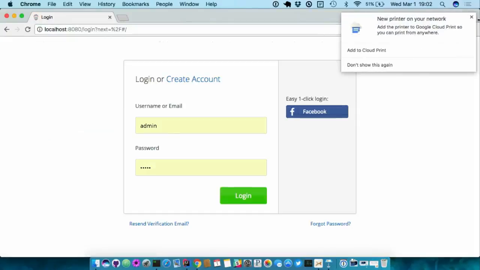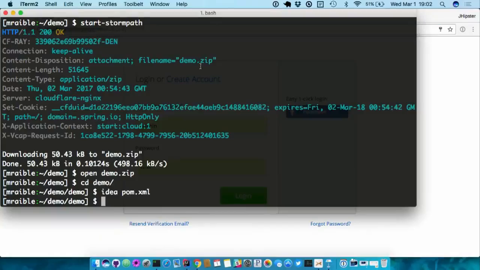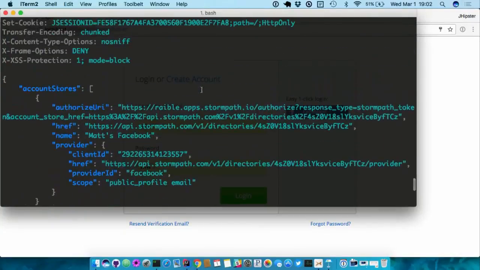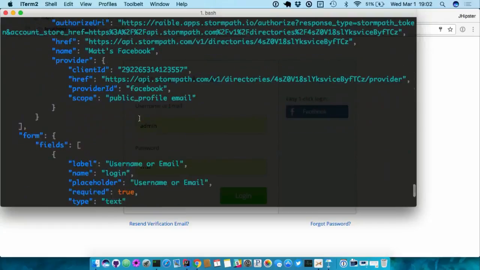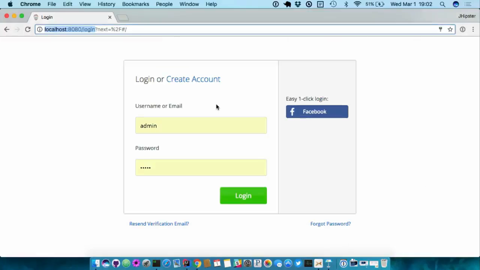So we provide Thymeleaf templates by default. So it locks everything down, and then it serves up HTML, right? But the cool thing is, if you're using a different source, for instance an AJAX client, when it goes and gets that login endpoint, it basically brings back all your social login endpoints as well as the form fields to build the form. So for our Angular SDKs, for our React SDKs, those actually talk to the same login endpoint, but they get JSON back, and then they build up their form. For this one, it knows that it accepts text/html, so it brings back the Thymeleaf template.